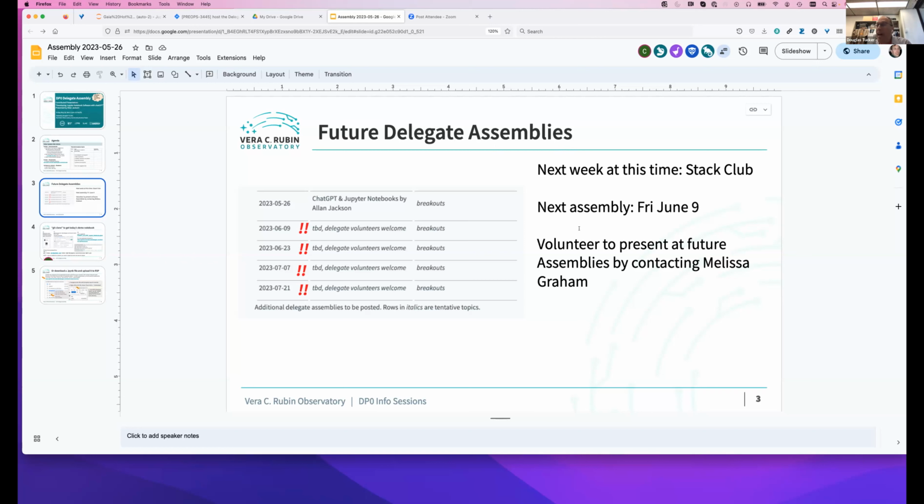We usually have a delegate presentation. For the next few weeks, we do not currently have any delegate volunteers. So if you have anything you'd like to talk about, we definitely welcome contributions from anyone to discuss what we've been up to for any of these next delegate assemblies.